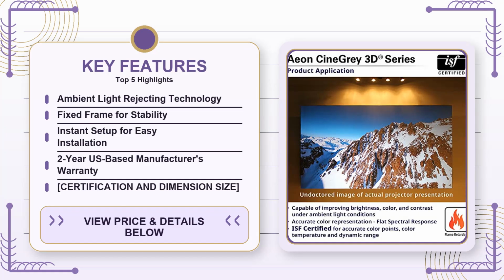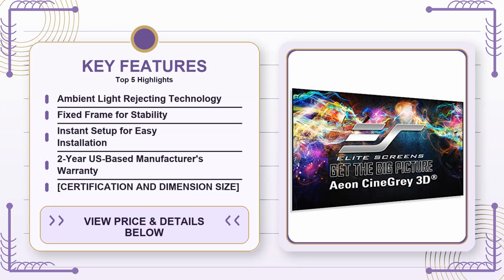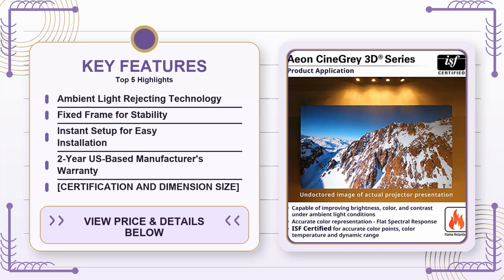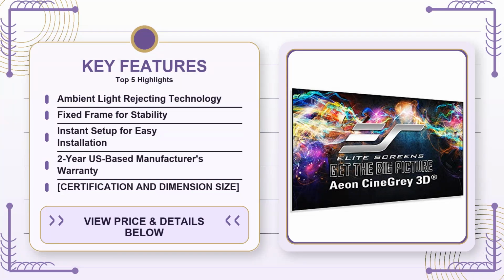From a value perspective, the price sits in the mid to high range for a 125-inch fixed screen, but the package you receive includes everything you need for a wall mount, brackets, mounting hardware, and a detailed instruction sheet with diagrams. That eliminates the need to purchase separate accessories, which can quickly add up. The 2-year warranty also means that if anything goes wrong with the material or the frame, you won't be left scrambling for